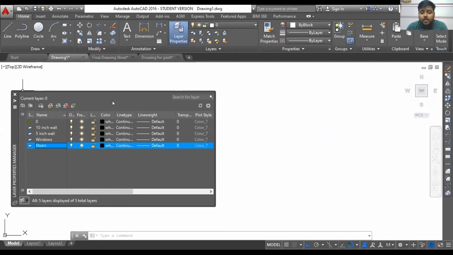But whenever you are dealing with a much more complicated project, maybe a plan for a real estate project where you will be dealing with 10,000, 20,000 square feet areas, with 20 or 30 different flats, different towers, at that time you need to follow the layer concept.